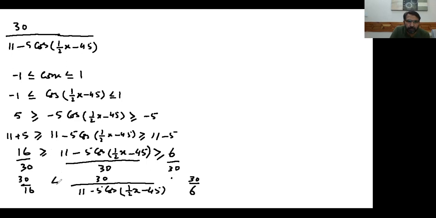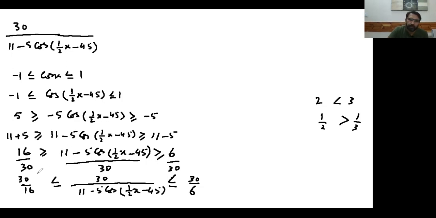Now what is going to happen with this inequality? This is again changed. How? I'm just letting you know. If you see here, we know 2 is less than 3. What about 1 over 2 and 1 over 3? We know 1 over 2 is going to be greater, because as the denominator gets smaller, the actual quantity gets greater. So the one which was greater will become smaller and the one which was smaller will become greater. I hope it is clear.